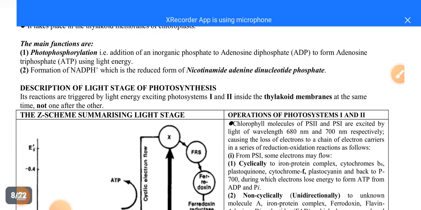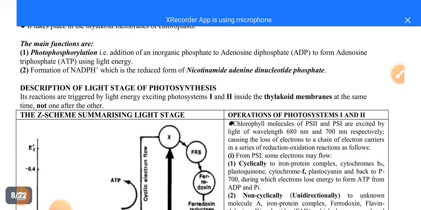When we talk about photophosphorylation, we are saying it is the addition of an inorganic phosphate to adenosine diphosphate, that is ADP, to form adenosine triphosphate, ATP, using light energy. That's the definition of photophosphorylation. Then we can also look at the formation of NADPH, which is the reduced form of nicotinamide adenine